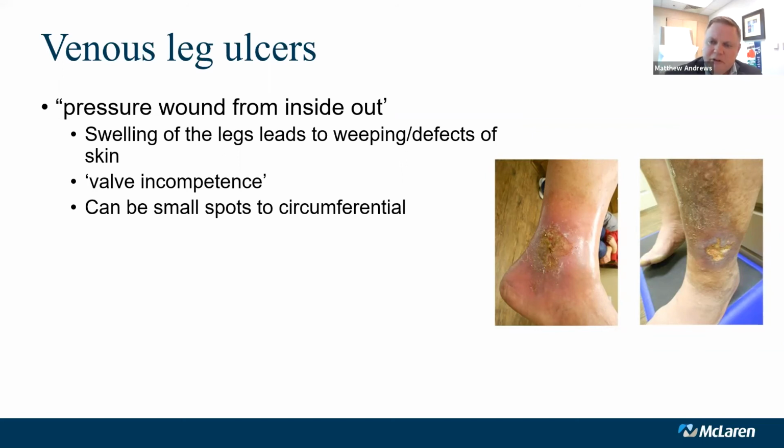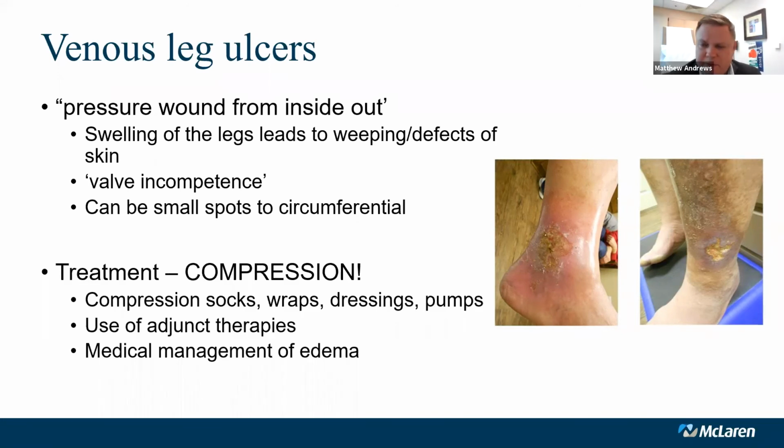And these can be small. They can be just little tiny spots that are no bigger than a pencil eraser. Or we have some patients that will have some of these venous wounds that are completely circumferential all the way around the leg. Those are ones that we're obviously a little bit more aggressive with, and sometimes we'll consider synthetic tissue grafting and compression dressings. But again, we're very aggressive about those, and I've been able to heal some of the worst of these wounds. But oftentimes it does take a little bit of patience, and sometimes it does take a couple months even to heal these wounds.